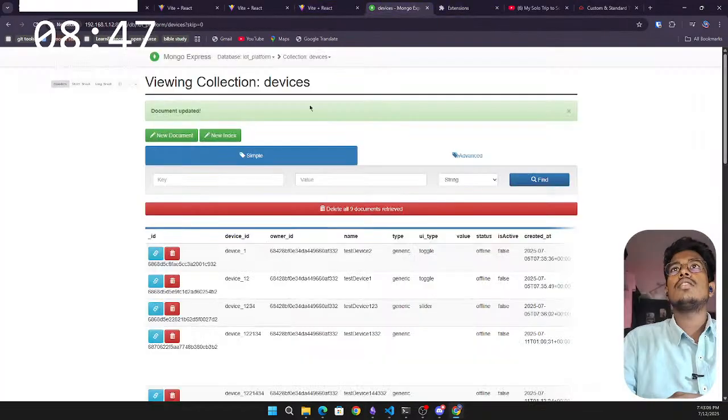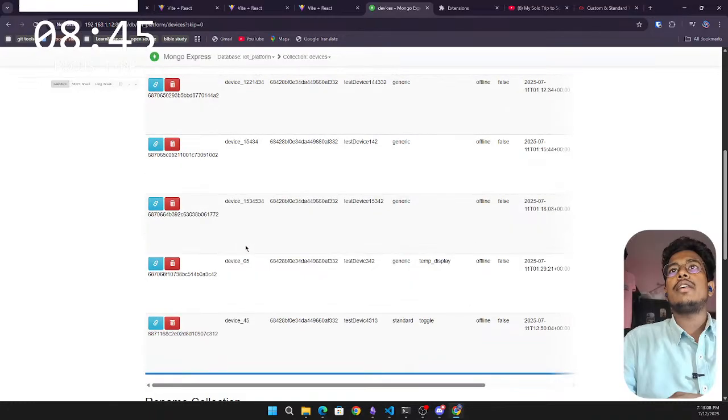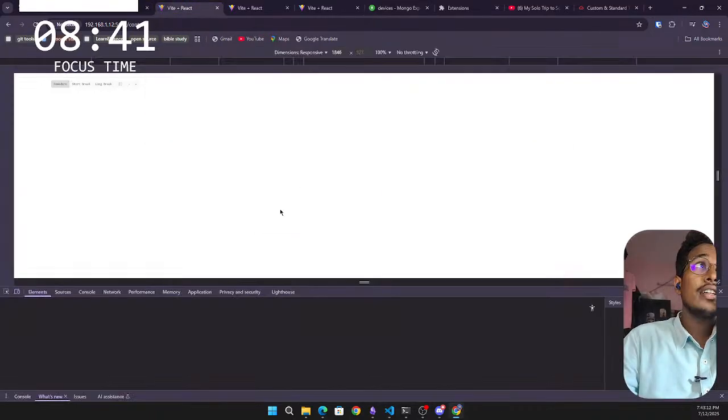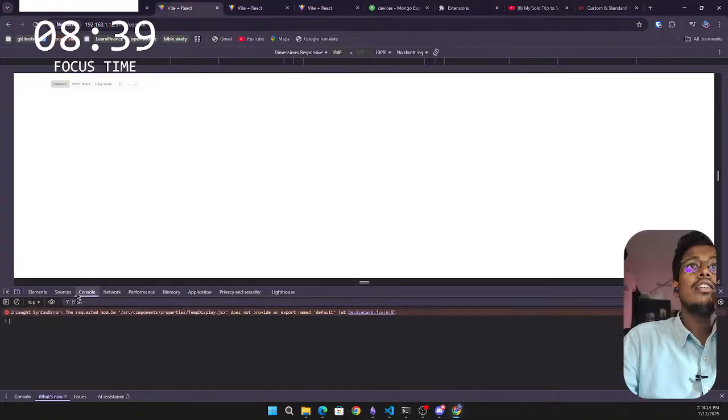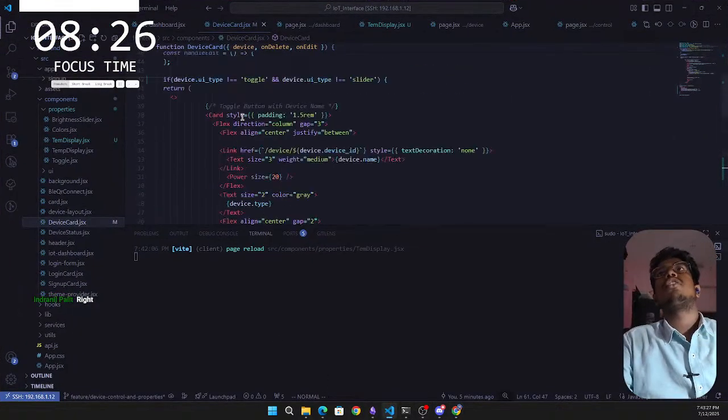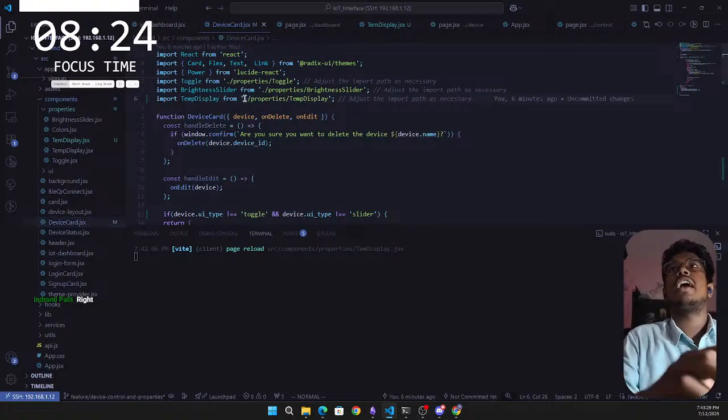So did I spell it right? So what error we have to see on the console. We are getting a syntax error. We will see what that is. So we are getting a syntax error in the first line itself. It's a side effect of trusting AI. Properties and temp display is that actually